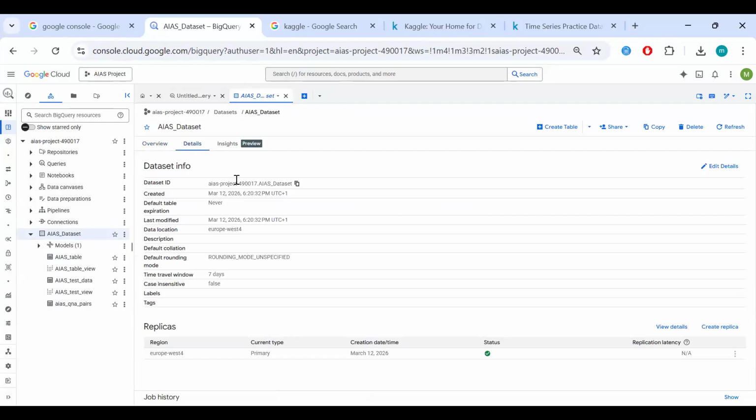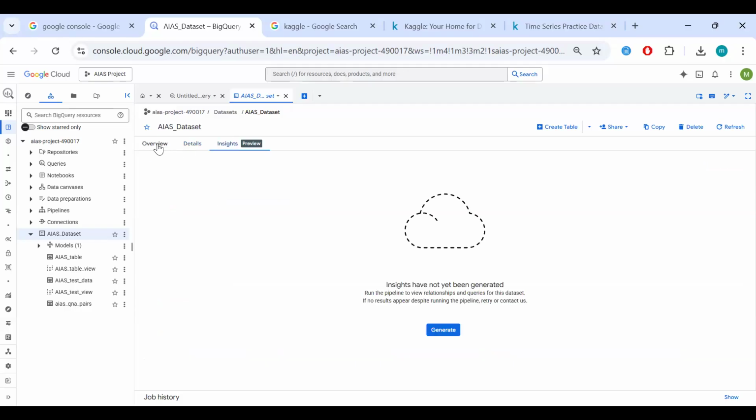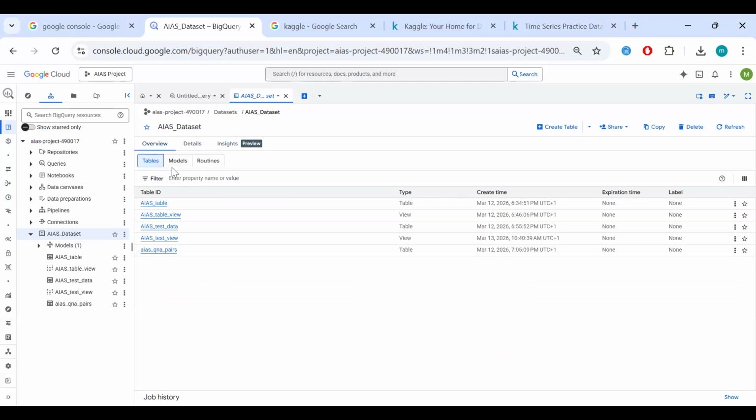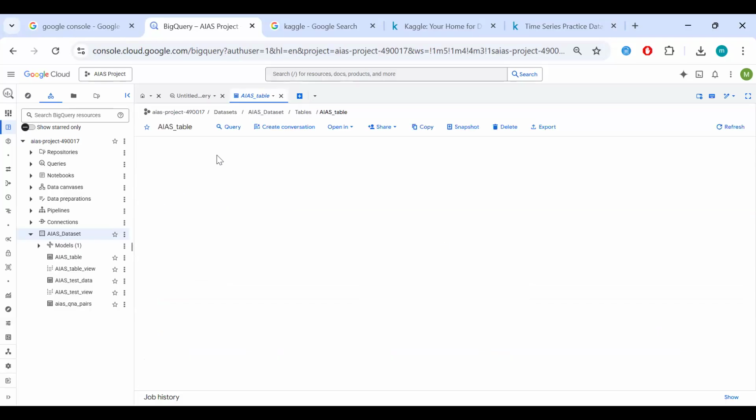You can see the details of our data set: the data set ID, when it was created, if it has an expiration, the last date modified, and our data location, which like I said is important. Also in the data set we can look at the models we've created, but we'll do that after we create a model. Right now, let's go back into our table and do some work there.